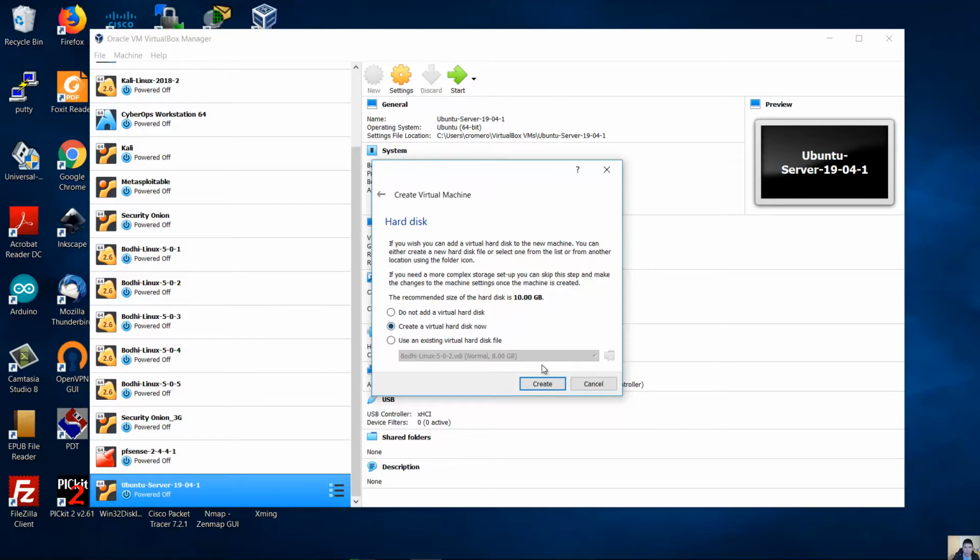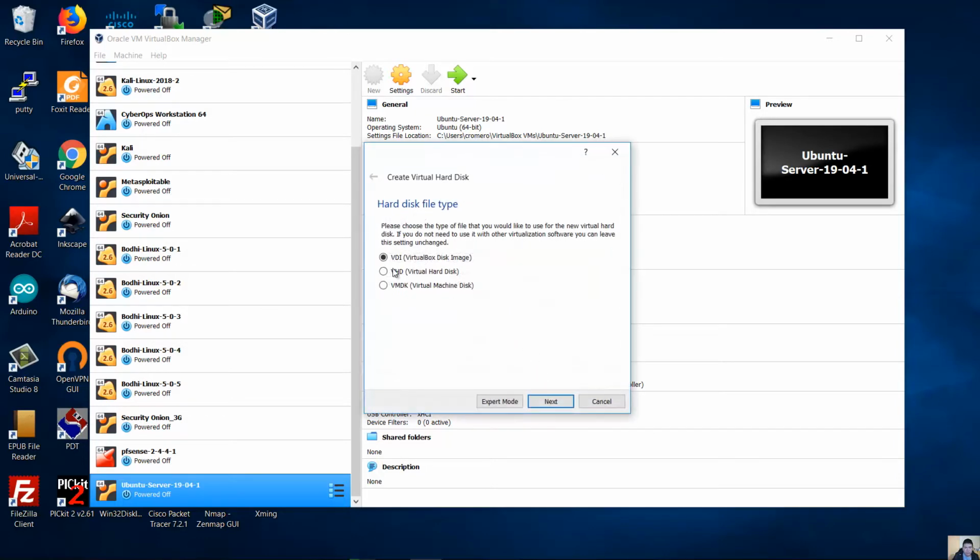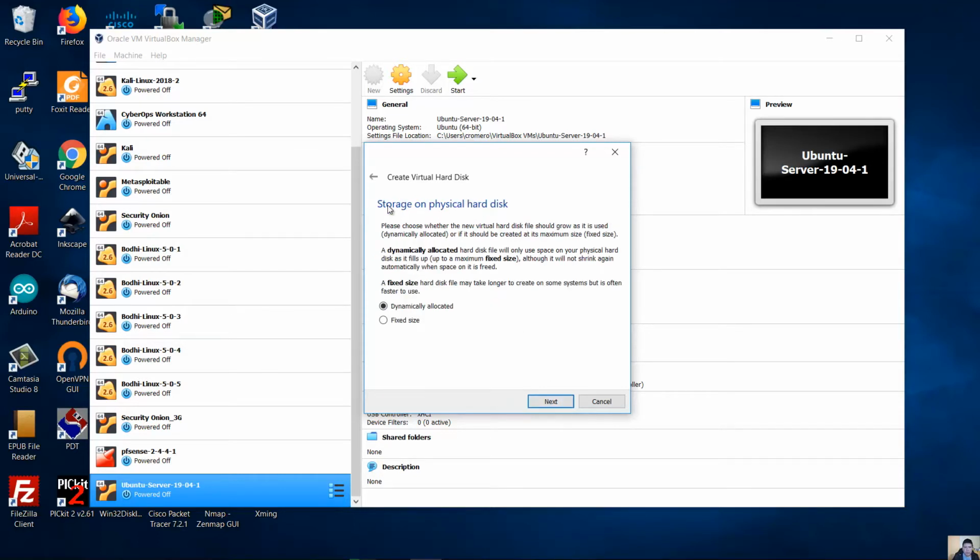Create a virtual hard disk now. Choose by default VDI for the hard disk file type. The storage on a physical hard disk. A dynamically allocated hard disk file will only use space on your physical hard disk as it fills up. A fixed size hard disk file may take longer to create on some systems, but is often faster to use. So I recommend fixed size. Next,